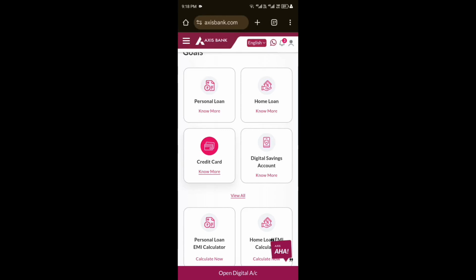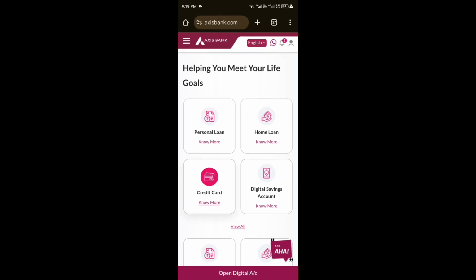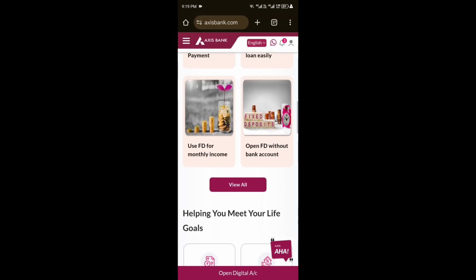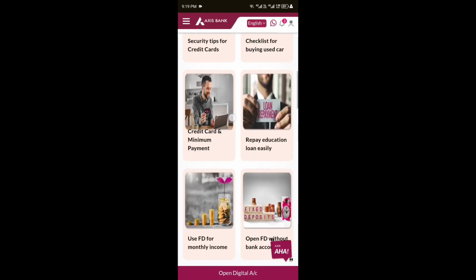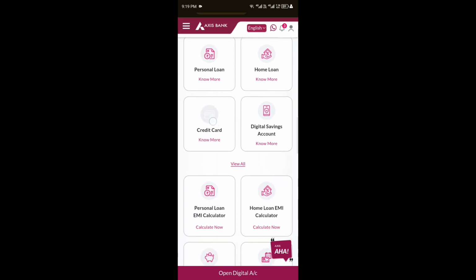Hi everyone, in this video, I'll show you how to add credit card to Axis Bank app. First, go to your Axis Bank app or their website on your mobile phone. Now on it, scroll down until you see these credit cards. To add, click on it